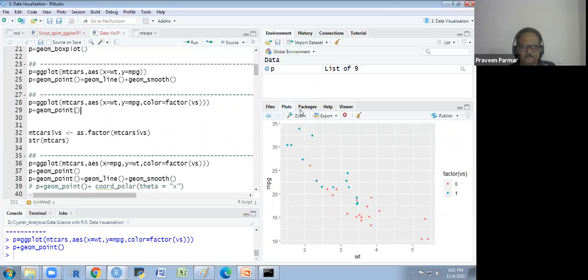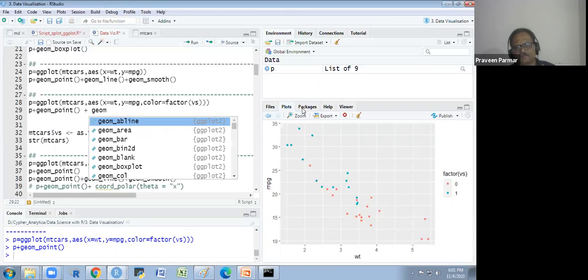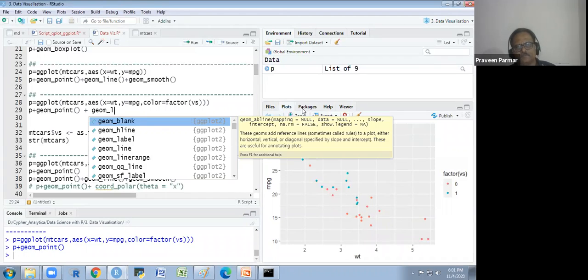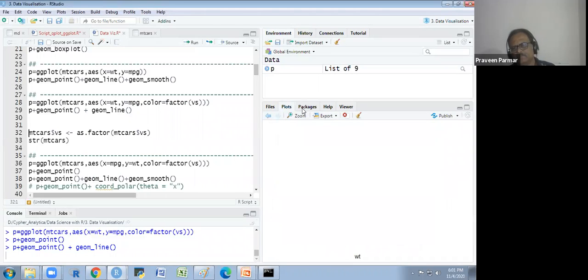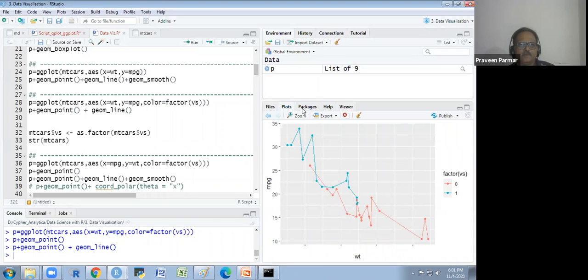But if I use a geom_line, I run it. You see what is happening over there. There are two different line graphs as per the 0 and 1.